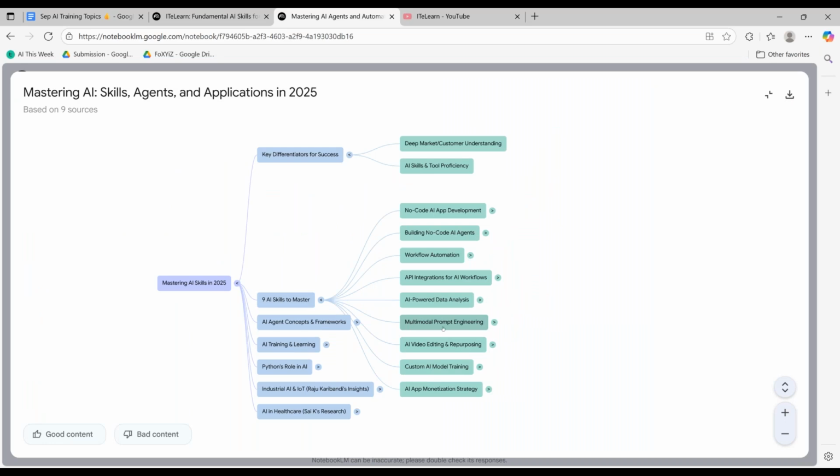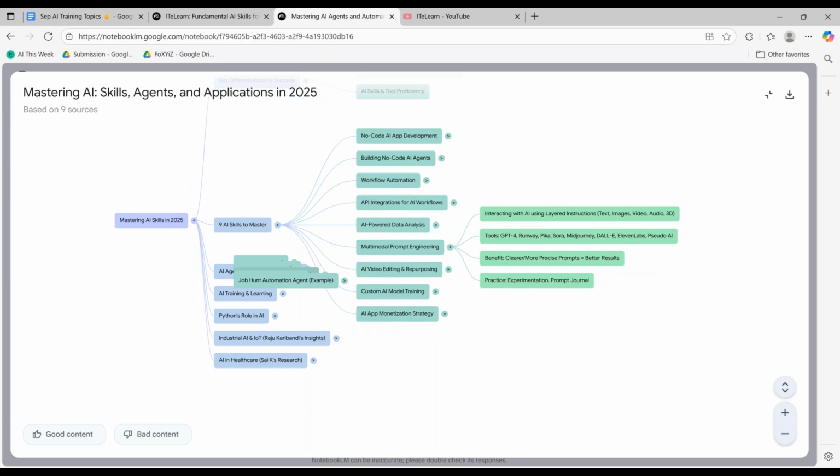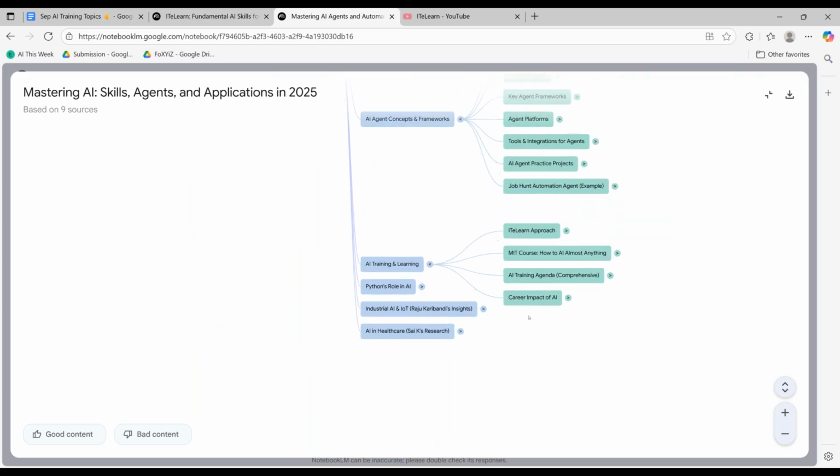So there's multimodal prompt engineering, a lot of concepts, team, that we really have to look at, how we grow from just a pure text-based LLM to multi-modes of media that you can submit. AI agents, concepts and framework, AI training and learning. So take this document offline, and it's a good one to research.